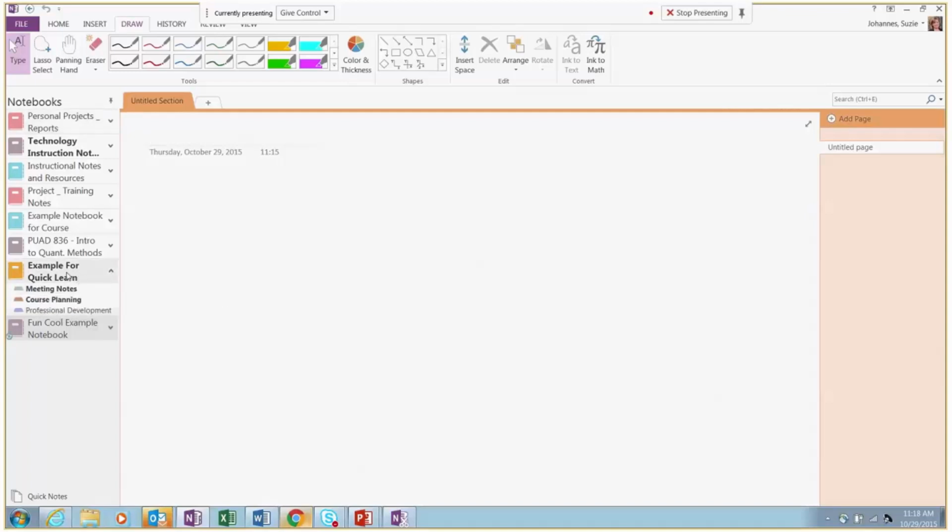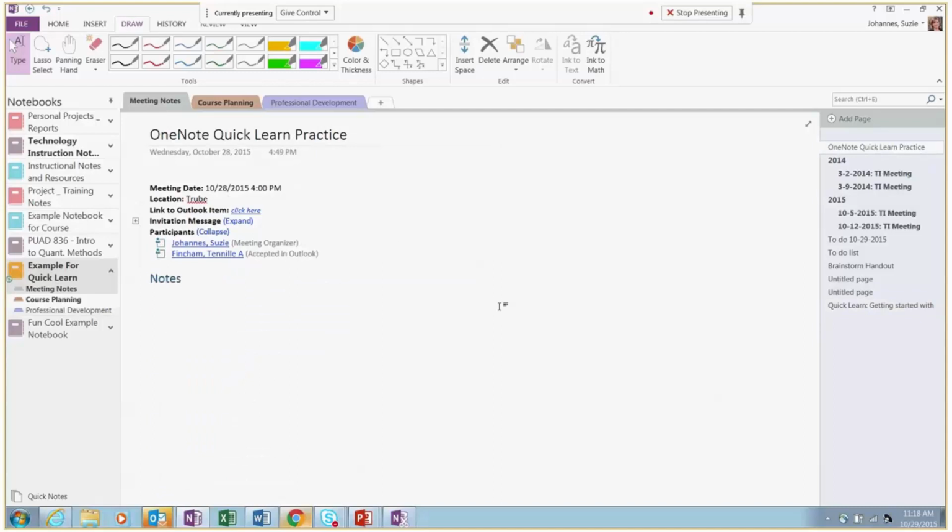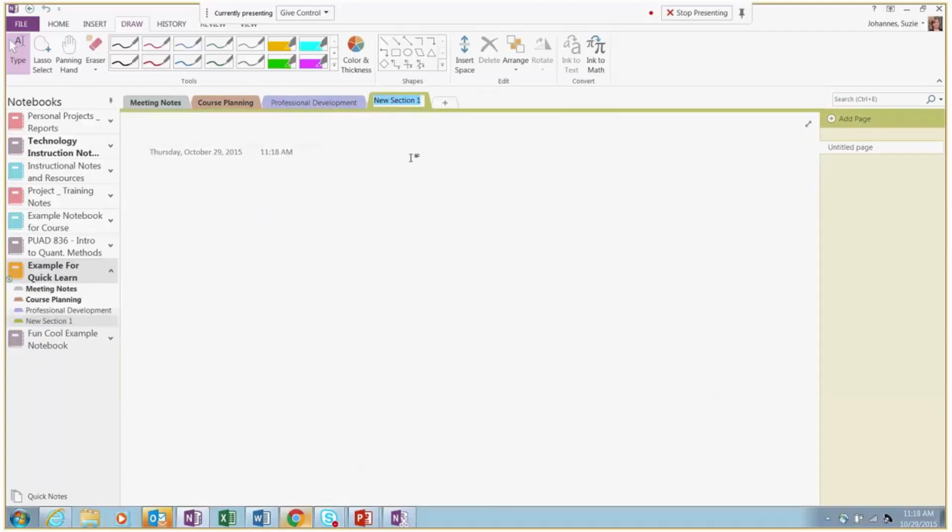Tennille and I created an example for this session. We called it Example for Quick Learn, and we shared it with each other. So here is our sample notebook, and we have our sections already set up at the top. If you didn't have your sections set up, you can create a new section by clicking the plus sign and adding it here. By default, each section will have an untitled page.